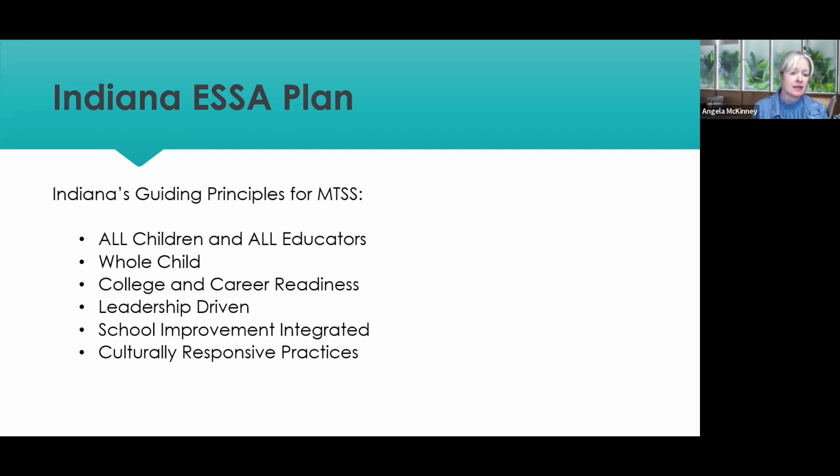I may never need anything other than good tier 1 instruction, but I'm still part of the MTSS framework. And it really includes all the educators in your building too. We know we have to capitalize on all the resources that we have, which means there aren't teachers who are operating under the umbrella and teachers who aren't. We're always under that same umbrella. But all of these other things are really important too. We just know that those two things really stood out as different to me between RTI and MTSS.